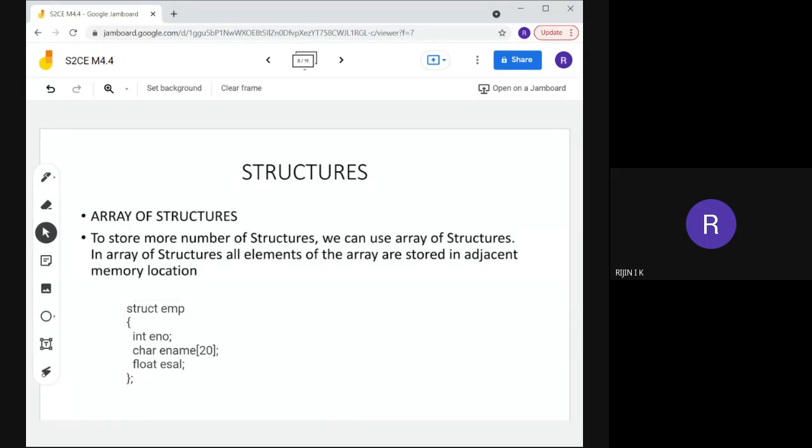Tell me the syntax for declaring a variable for structure data type. Anybody? How? Abhirag.